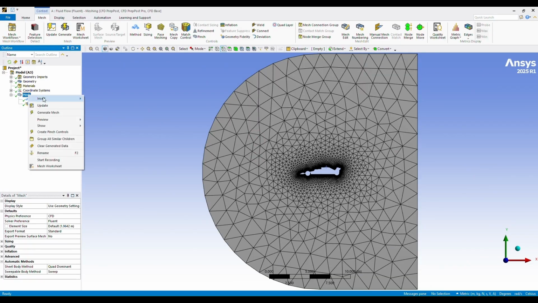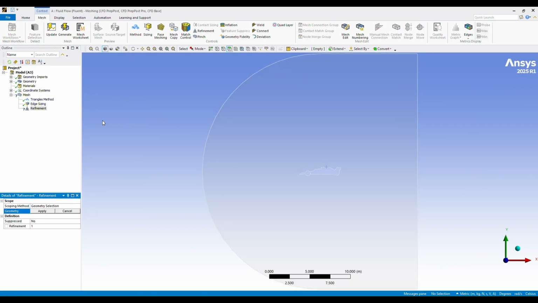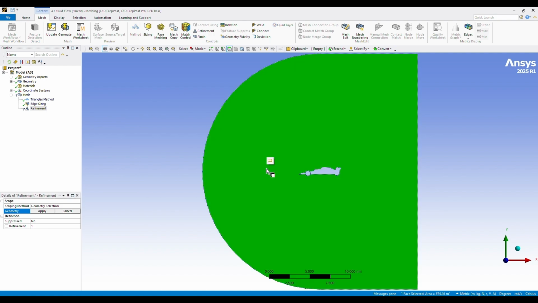So we will click on the mesh and then use the refinement as 2. For that we click on refinement, apply whole body, and refinement as 2. Once you do that, again click on generate mesh. Fine. Alright. Once the mesh is generated,